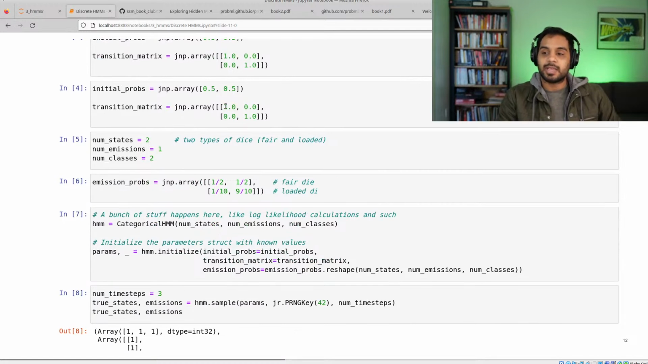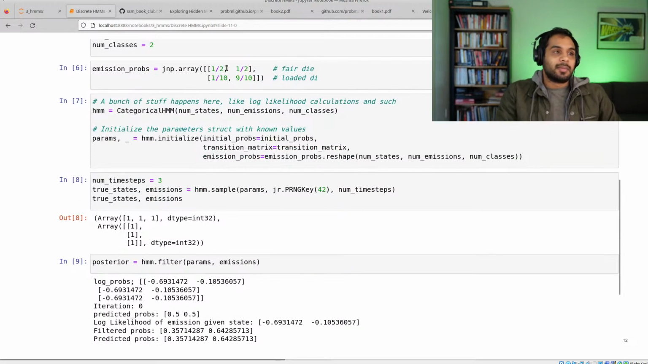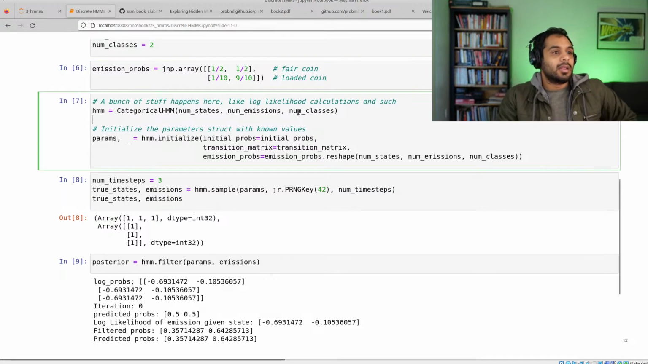The other simplification I made is for the transition matrix. I'm just assuming there are no transitions. So this eliminates the chance that you can go from a biased coin to a fair coin. Once you're in one, you stay stuck. This will simplify some of the calculations I'm going to show you later on. Put in some emission probs for the fair coin and for the loaded coin, and then we initialize